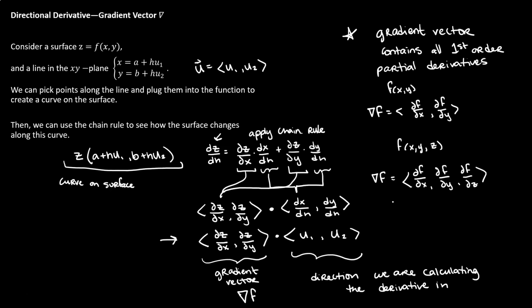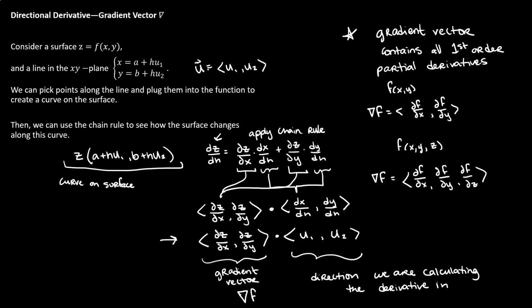So this is excellent. In order for us to find a directional derivative, all we need is to know what direction we're traveling in, that's the u vector, and the gradient vector. There's one caveat. If the direction you're traveling in is not a unit vector, you should normalize that. Because when we talk about the rate something changes, we like to talk about it as a unit rate rather than saying, oh, I get